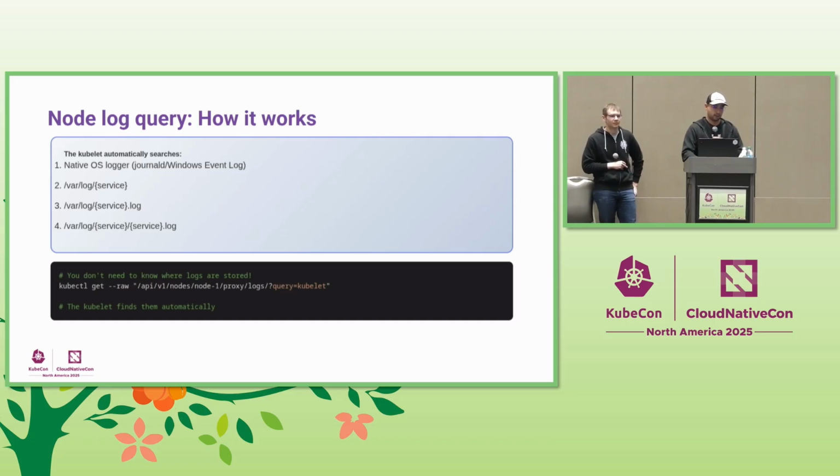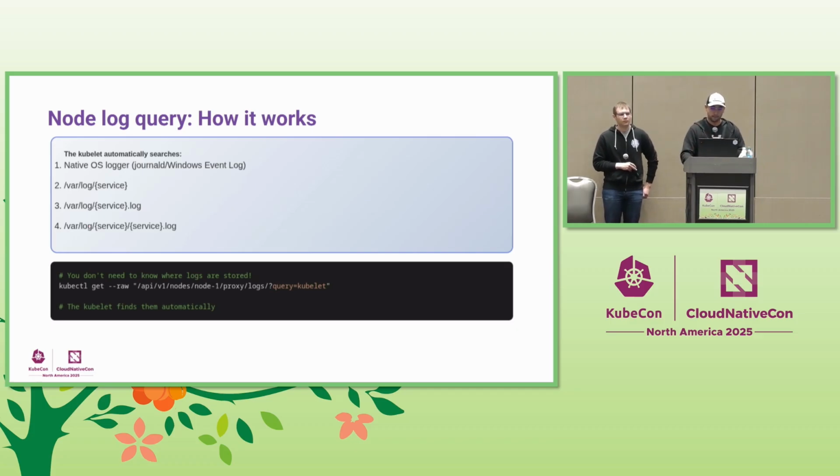For the same query, if you go for a Linux node, it will query the journal in order to find a service that is running that matches the name. On the Windows side, it tries to find a service in the Windows event log. If there is no output from that, it will go back to the file system and try to find a service in specific directories, using the combination of directories and file name .log. The Windows equivalent for sure will be